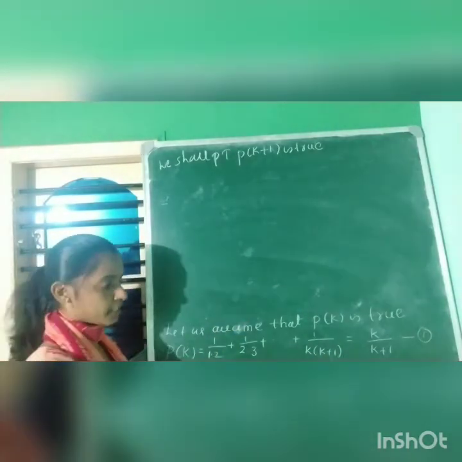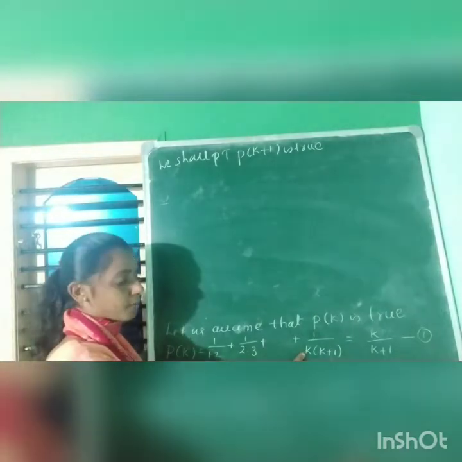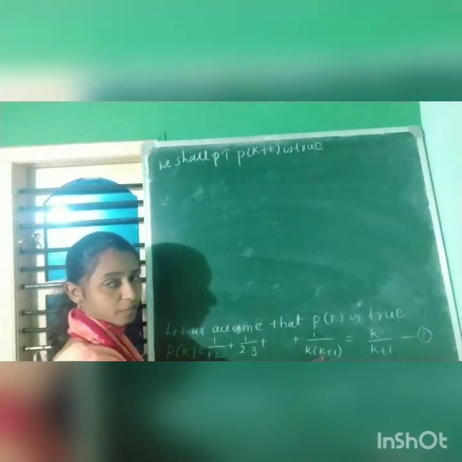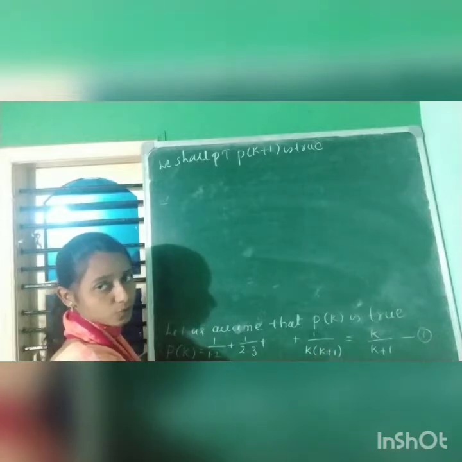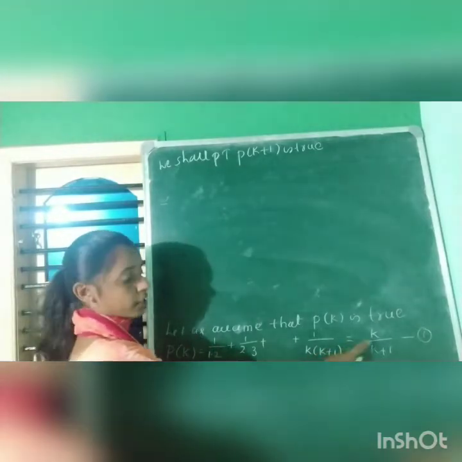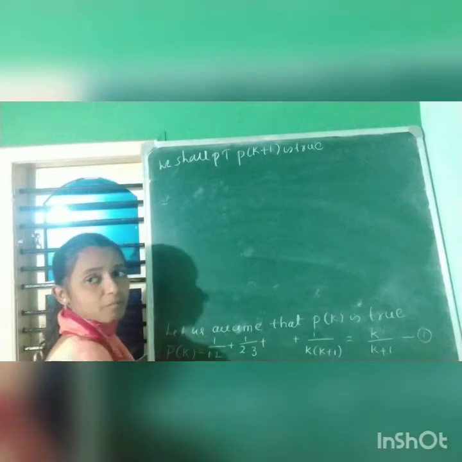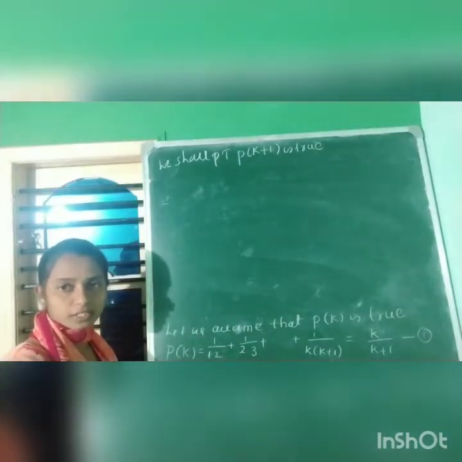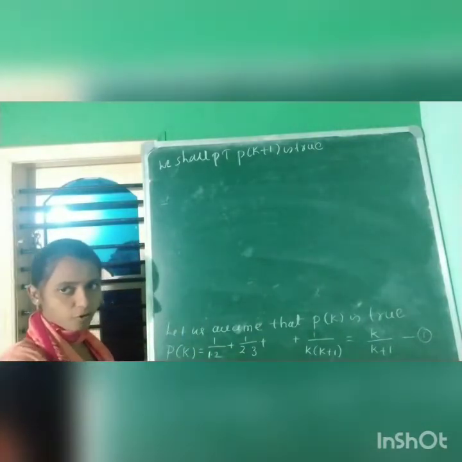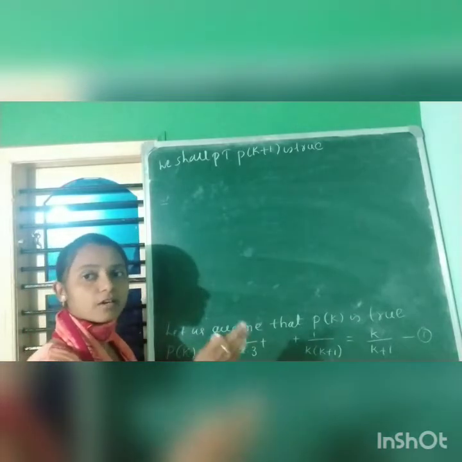Here you should get k plus 1, bracket, k plus 1 will be k plus 2. This is equal to k plus 1 divided by k plus 2 you should get. Once you get the given statement in that form, you can conclude that